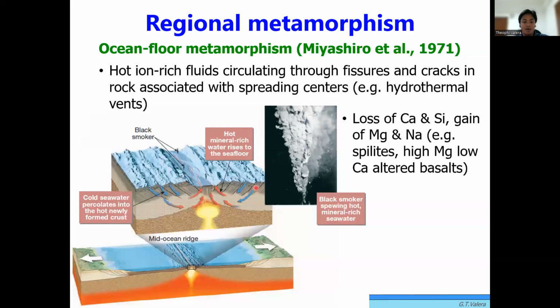So lahat yun ay affected, or most of it ay affected nitong type ng metamorphism na to, kaya regional in scale. However, this same process of hydrothermal fluids interacting with molten material and basically affecting yung chemistry ng surrounding rocks is also observed on a smaller scale, and we refer to that as simply hydrothermal metamorphism. So for example, beneath geothermal power plants,